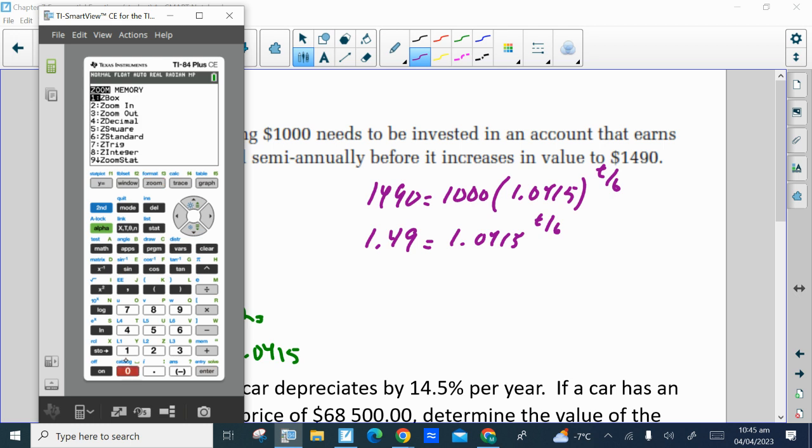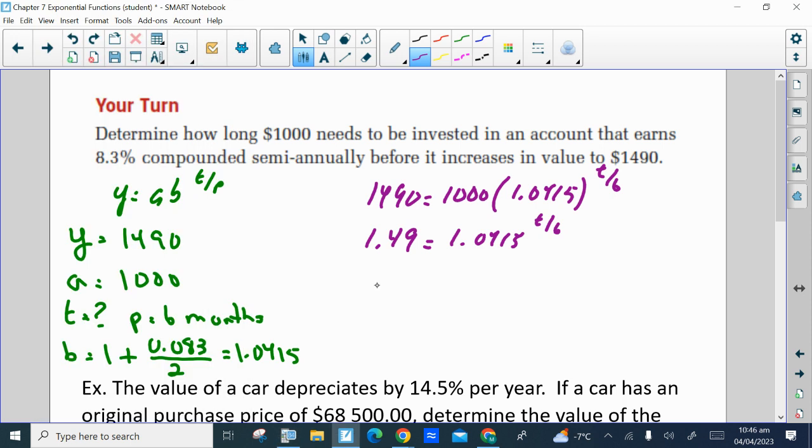So if I go zoom fit, I need to see the point of intersection, which I do. Second function trace, number 5 for intersect, enter, enter, enter. Looks like it's around 58.8, but to make sure, quit out of there and bring back the x value. So yes. Now again, you're going to have to round this up to 59 months. Okay, so t would be 59 months,